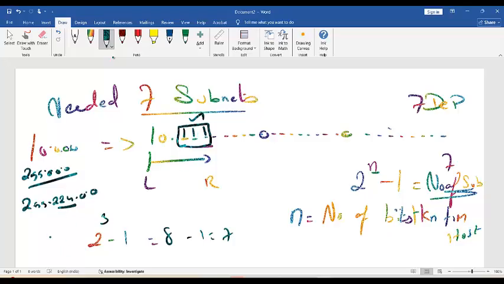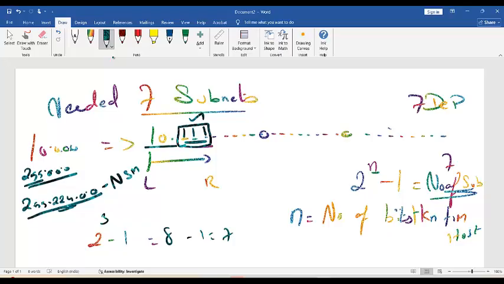Please understand. Here it is 8 bits. When you add 8 bits, you get 255. But here it is only 3 bits. When you add 3 bits, what will you get? 224. This is what we call the new subnet mask. Did you understand the new subnet mask? Yes, sir. Okay. So,